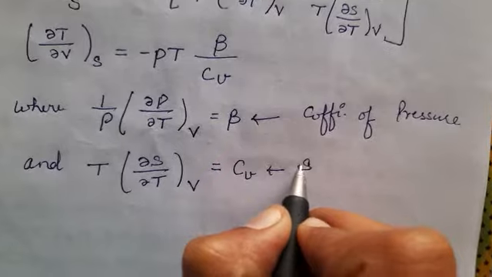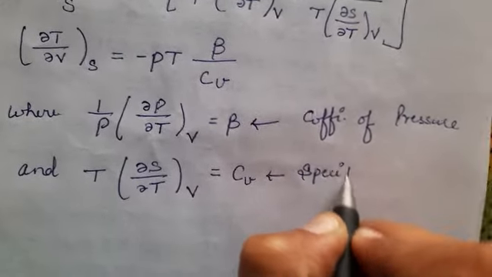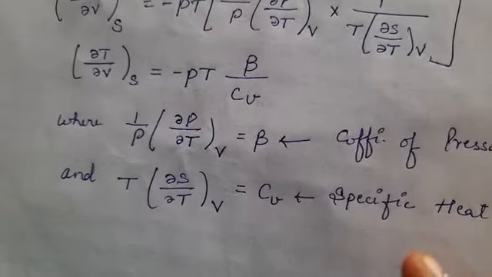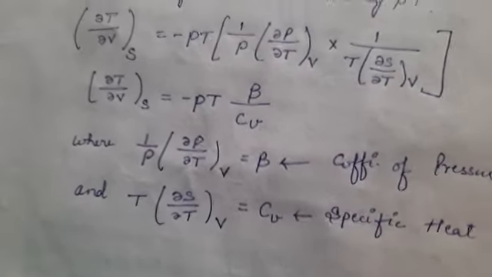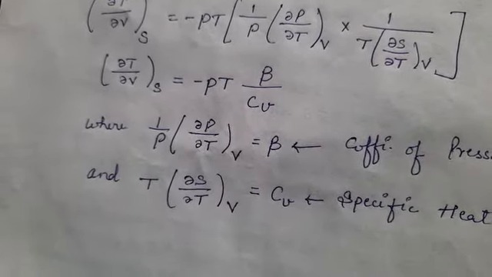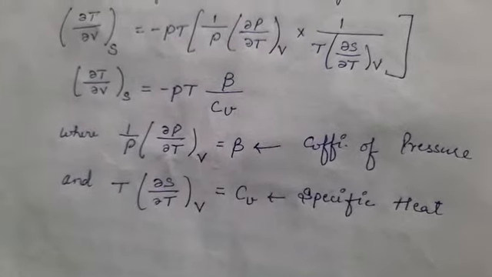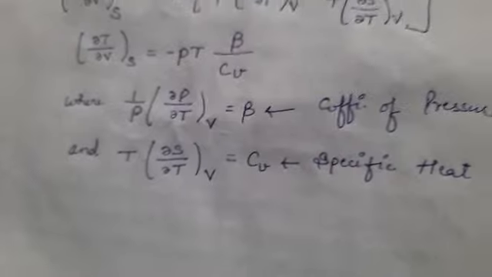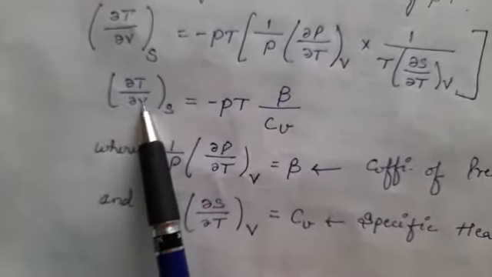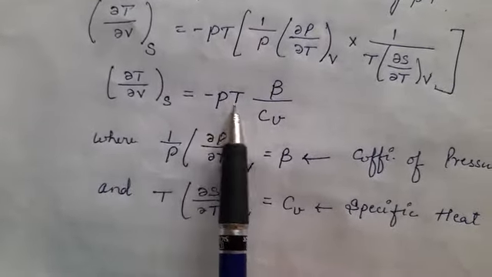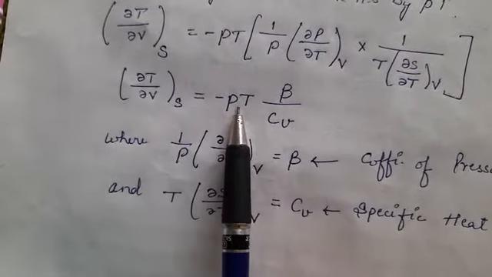So this is the specific heat, or you can say the molar specific heat at constant volume, and we know that both beta and Cv are constants for a gas under the given equation. So this equation shows that the volume increases. This equation indicates that the volume increases and the temperature decreases. That's why the temperature change is denoted with the help of a negative sign.